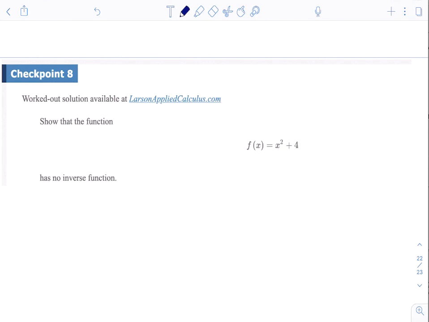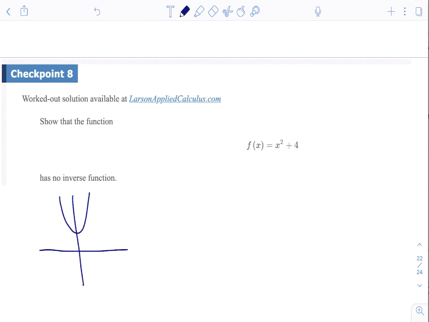In order to show that a function does not have an inverse function, you just need to show that at one point this function is not one-to-one. We can think graphically, and this would be a square function that's been moved up 4 units. And that tells us that if we go to the left and to the right of the line of symmetry there at x equals 0, then we're going to end up with points that are the same, making this not